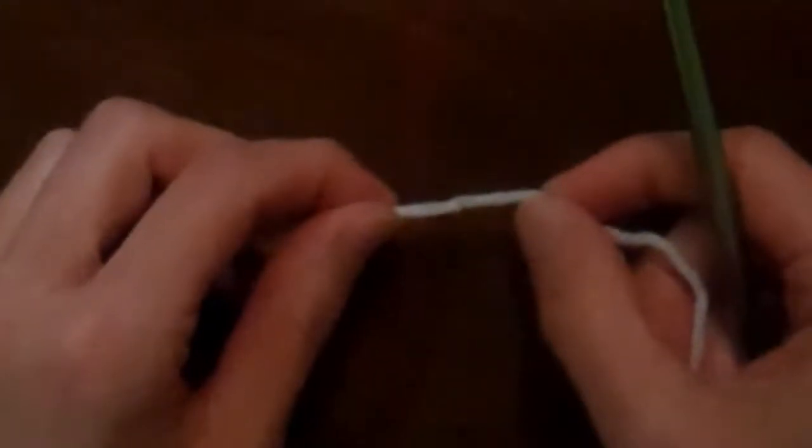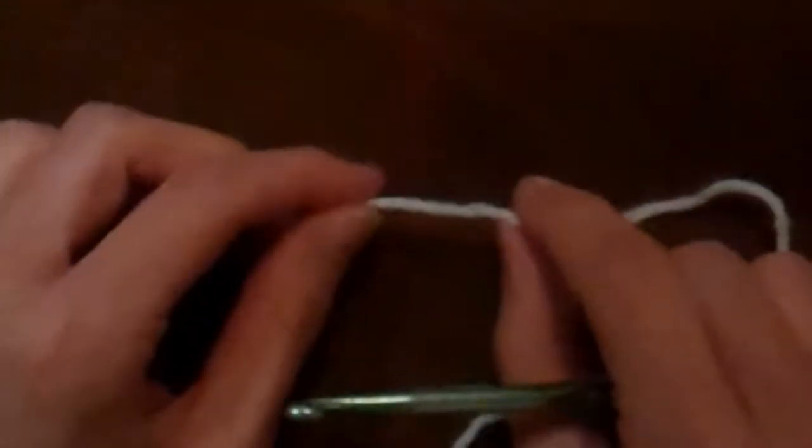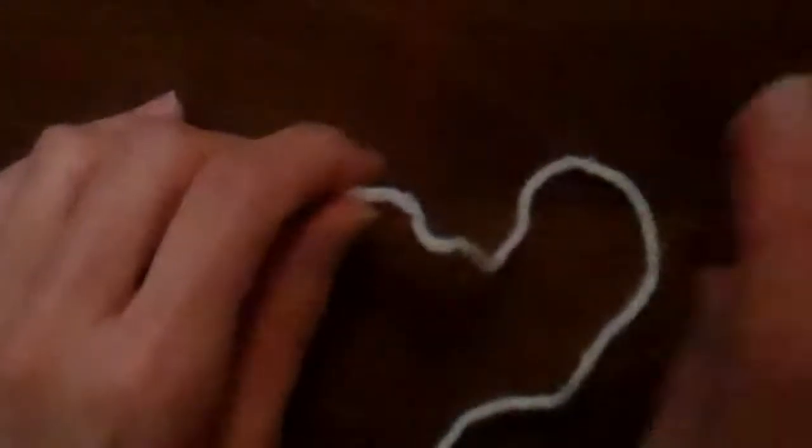I'm going to do a tutorial here on how to do the chain stitch. The hardest part about learning how to crochet is figuring out how you want to hold your hook and how you want to hold your yarn and your work. So the best way to learn how to do that is to just do this chain stitch, chain,